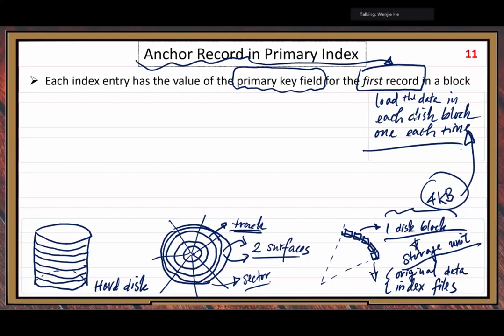So if you only load too little data, then you waste your trip. The trip is relatively expensive, so you want to carry relatively more data. But you cannot